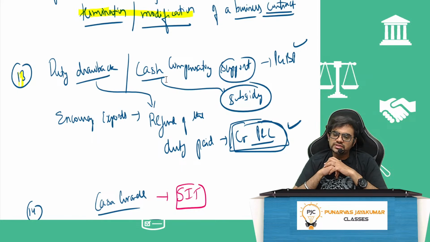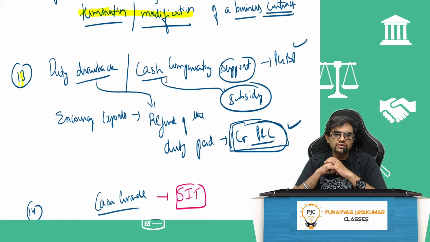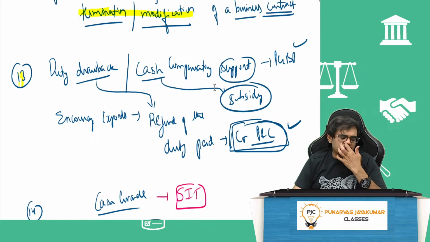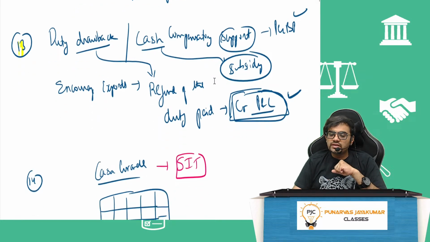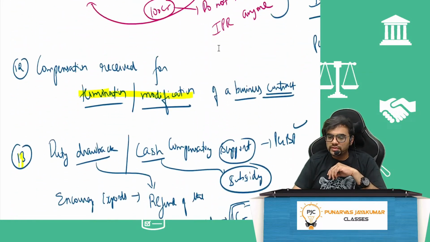So what will I do now? I will show my expenses as 1,10,000. Now minus again 10,000. Ultimately, I should show only 1 lakh. So the refund of duty paid will be credited to my P&L account. That also will be my PGBP. So all these are examples of PGBP just to make you understand.